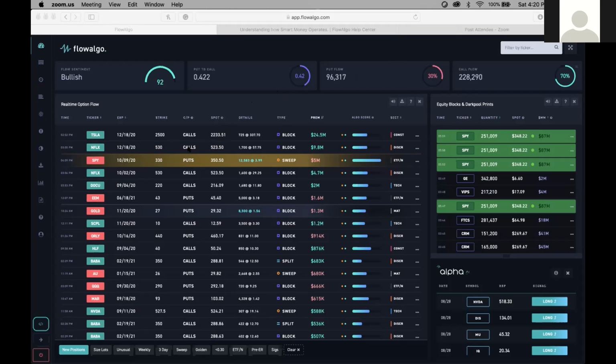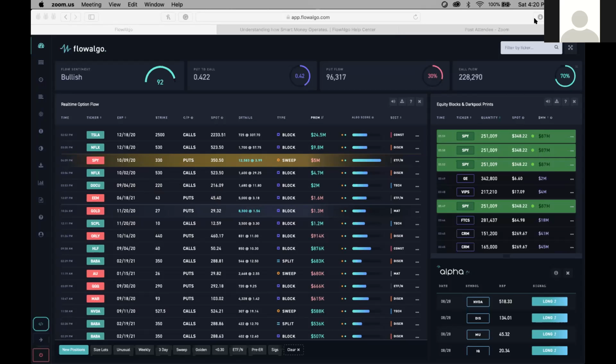So basically they anticipate that Netflix can be over or at 530 by 12/18/20. And the spot is important. I like the spot because when you're checking these trades, you can see, okay, they bought it here, they wanted it to go here. You can just search it up and you see exactly when they bought it and the expiration. So you can see how well they're doing and how good the trade is going. And you can just sift through hours of information to just see what trades work and what trades didn't.